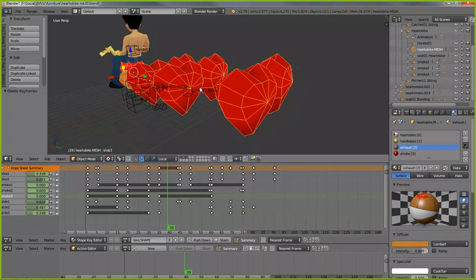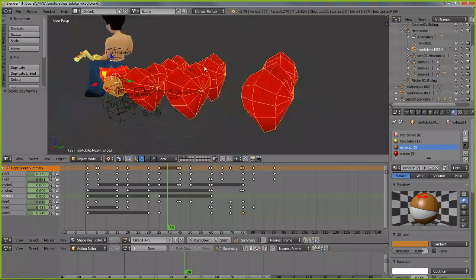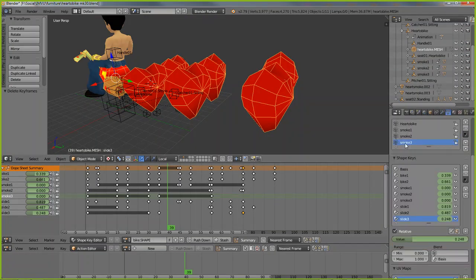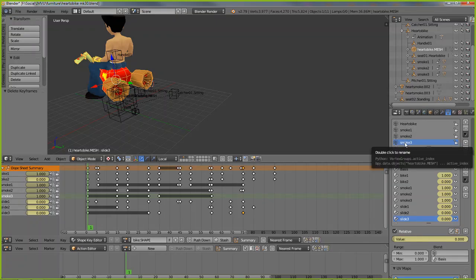So that's making it difficult to track which set of hearts we're watching. The vertex groups are good for selecting the hearts when we are setting up the shape keys, because the hearts are all in the same place. In the previous video, we used the vertex groups to select